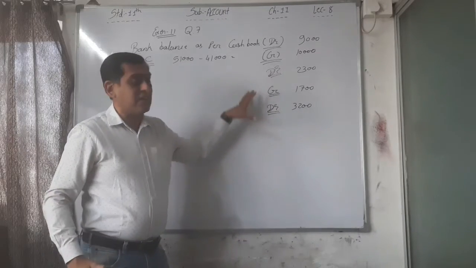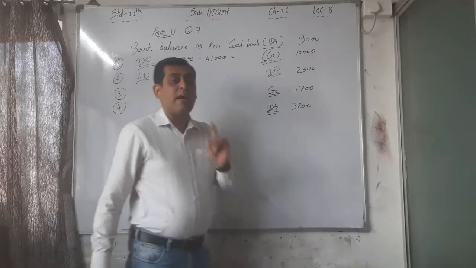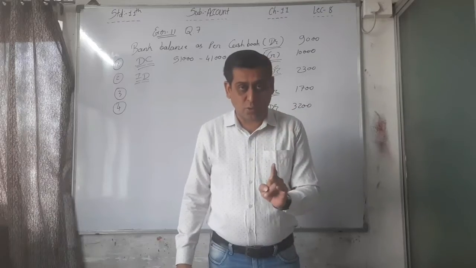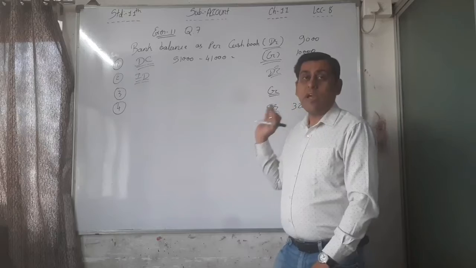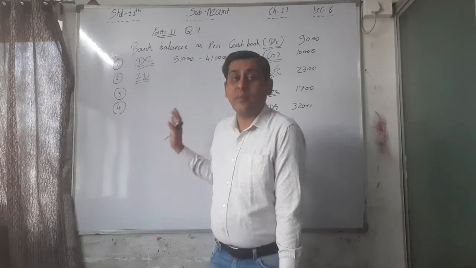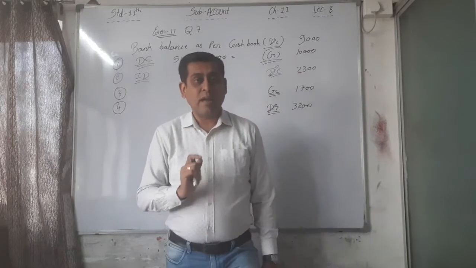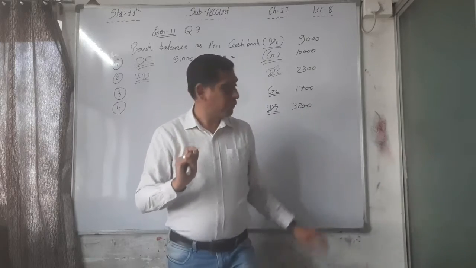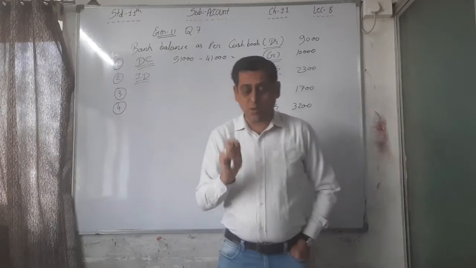Don't write like this. I am just explaining here. Always write in whatever format is given, with particulars, debit and credit, and you have to write all these things. I am just explaining this here. Don't write like this, this is not your sum. I am just explaining which one is debit and which one is credit. That's why I am writing like this. So please don't write like this.